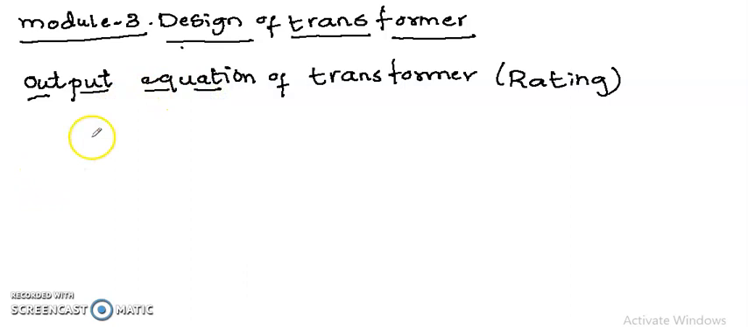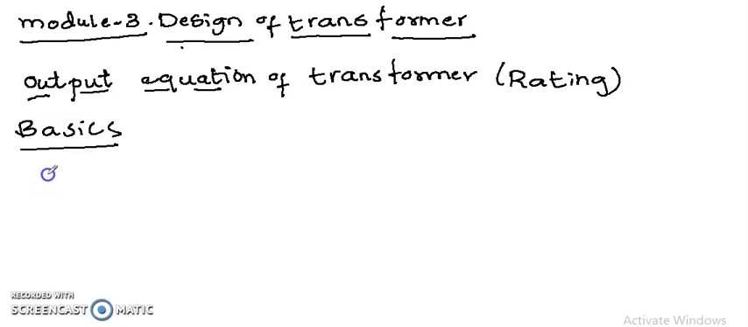Before going to the derivation part, let us move on to some fundamentals. Some basics for this chapter. What are those? First, we already know